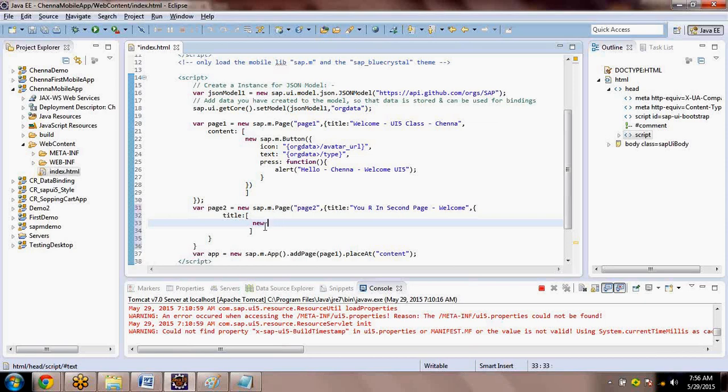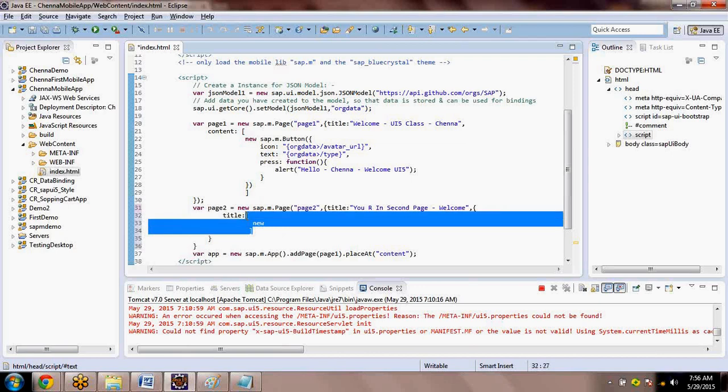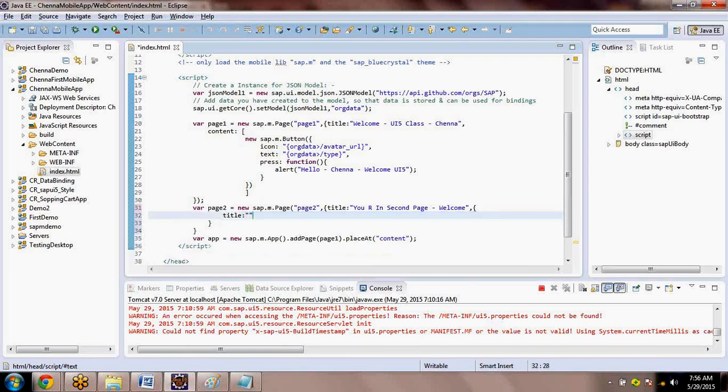Okay. So title. Sorry. For title, we don't need to give all these things. It's there directly inside the double quotes. Title is what? Title we already given here. So let me hit it into the next line so that it will be easy.